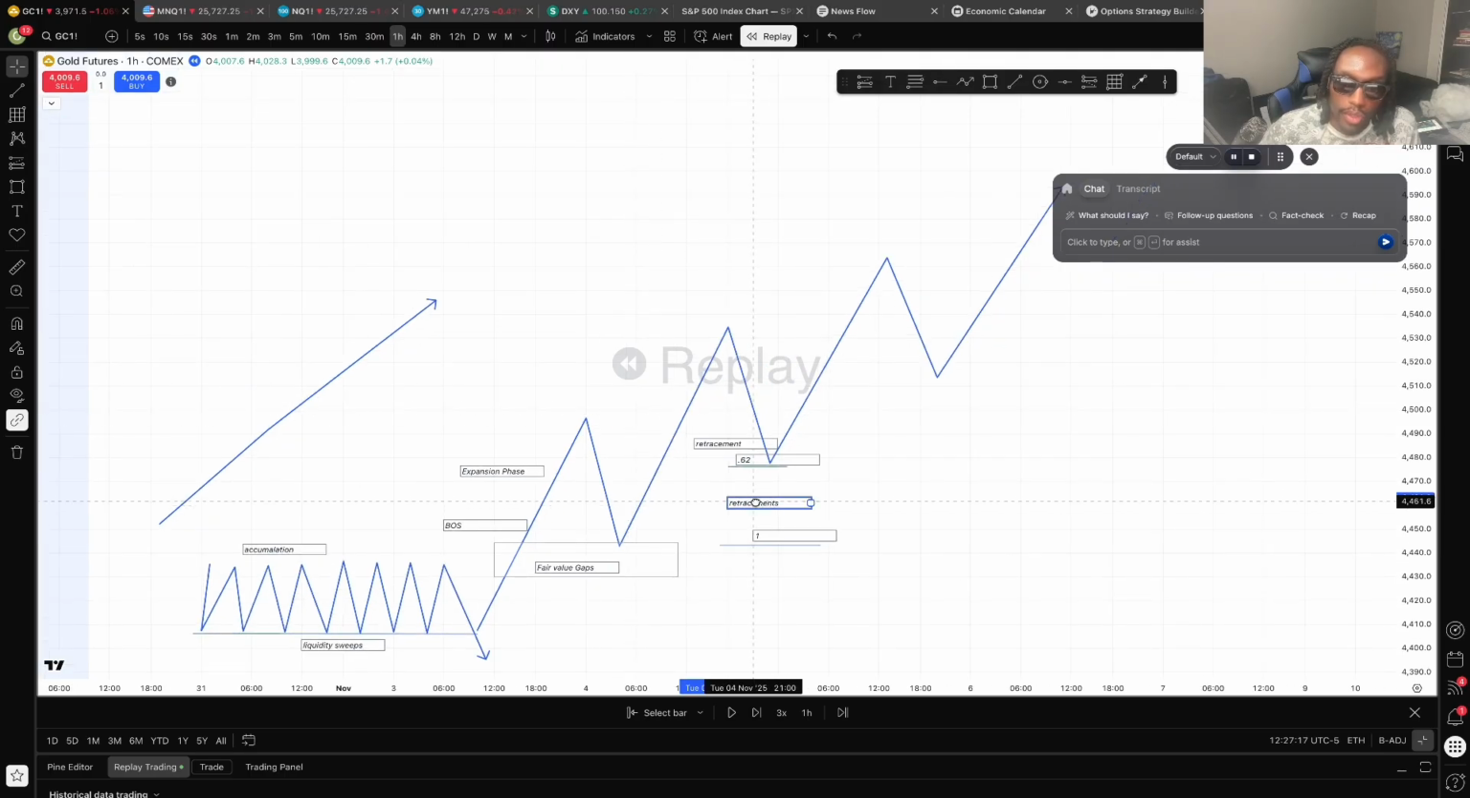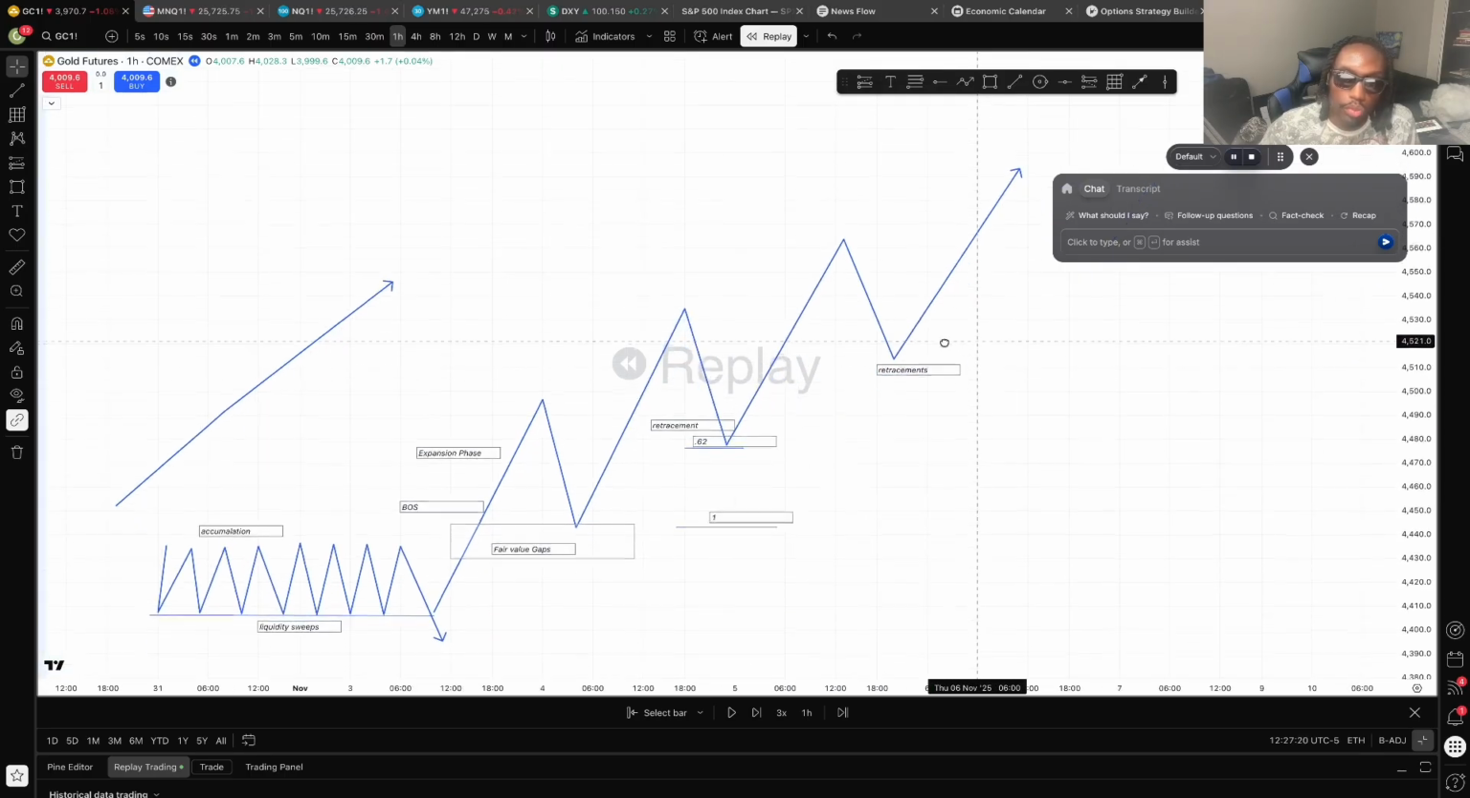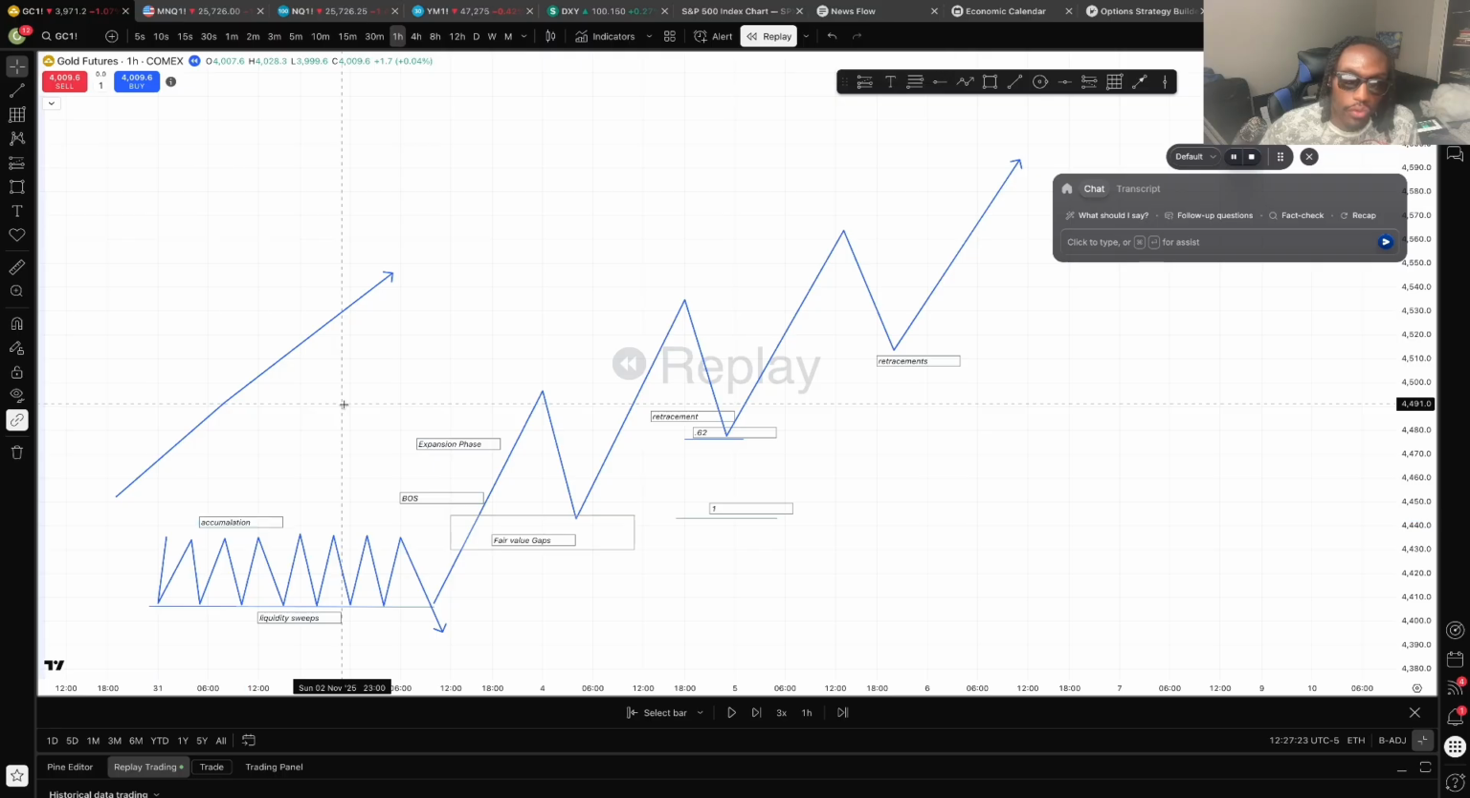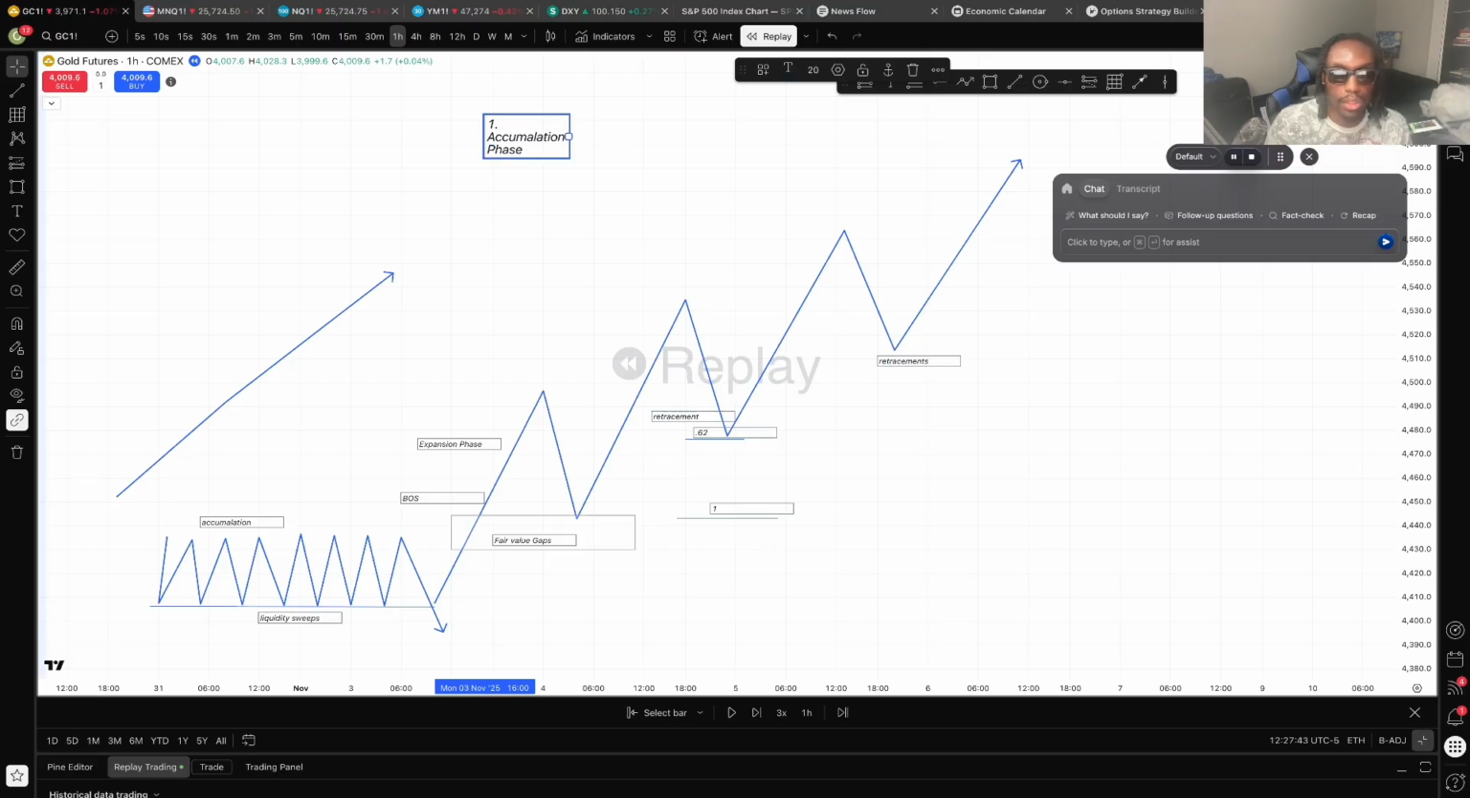So boom, you have your retracements. You have a retracement right here again, boom, boom, boom. So we just talked about two phases. So first of all, we have our accumulation phase. We have our accumulation phase right here. Second, we have